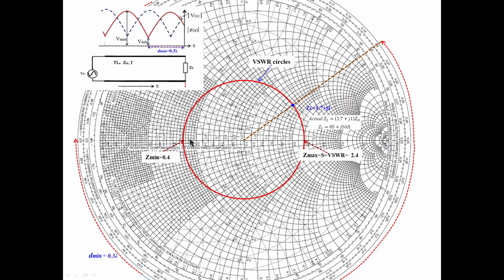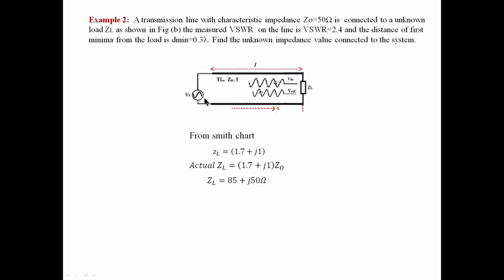Starting from, if the minima distance is known, this is a converse to the previous one, to find the distance of minima and maxima. What we were doing, from here we were moving in the clockwise direction to reach this point to get a maxima distance, and to this point to get the minima distance. But here this is the opposite approach. If you know this, and at what distance the load is, we can get the value of the load, a converse approach. So this is the problem we were discussing: how to find an unknown load.